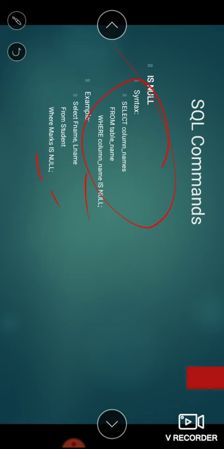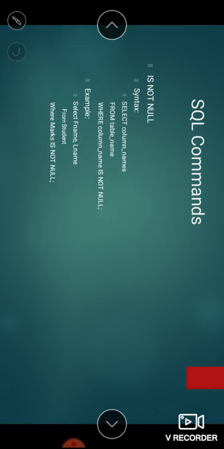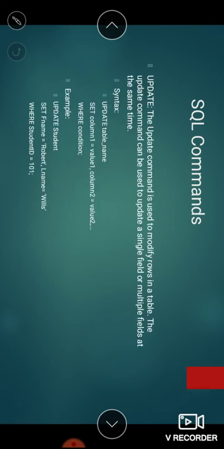Is null means it will be true whenever there is a null value, and is not null will be true whenever there is no null value, meaning we have specified a particular value for that field. So select F name and L name from student where marks is not null. It will give you the F name and L name of the students for whom we have specified some marks or some value.